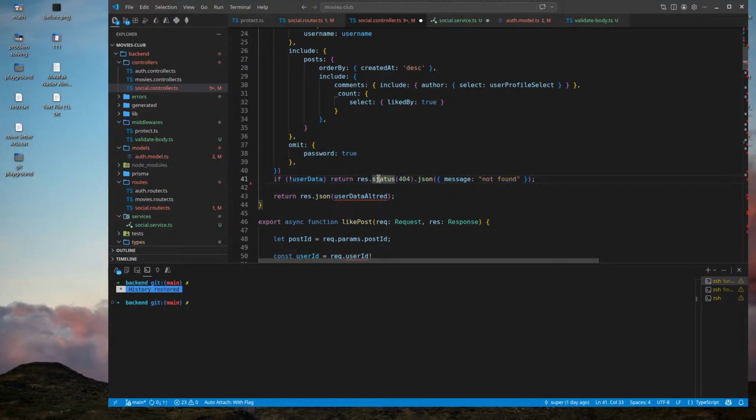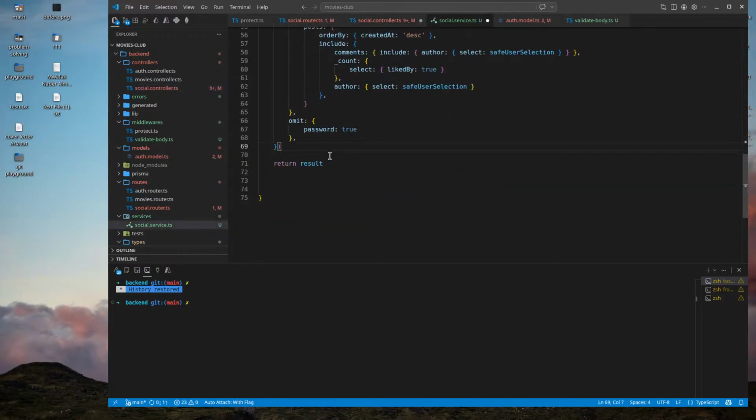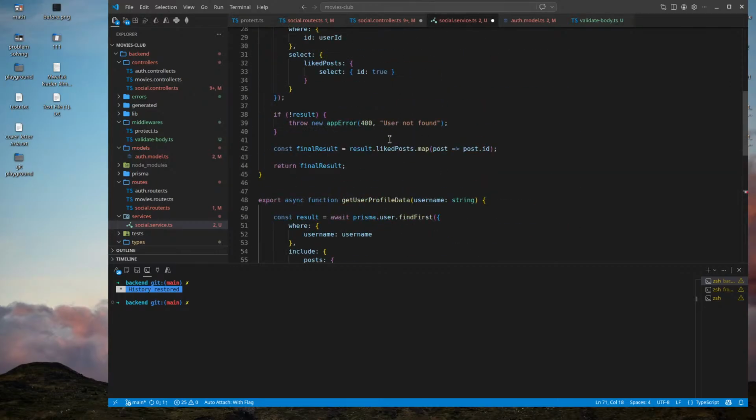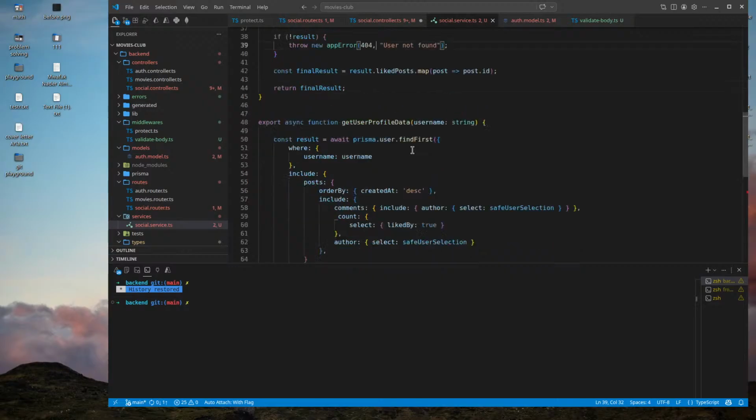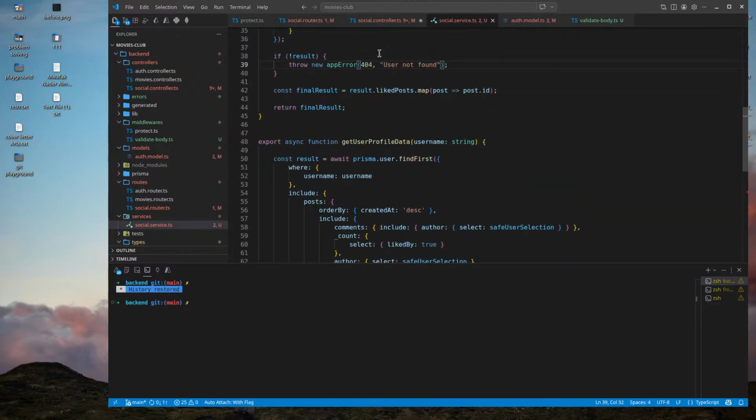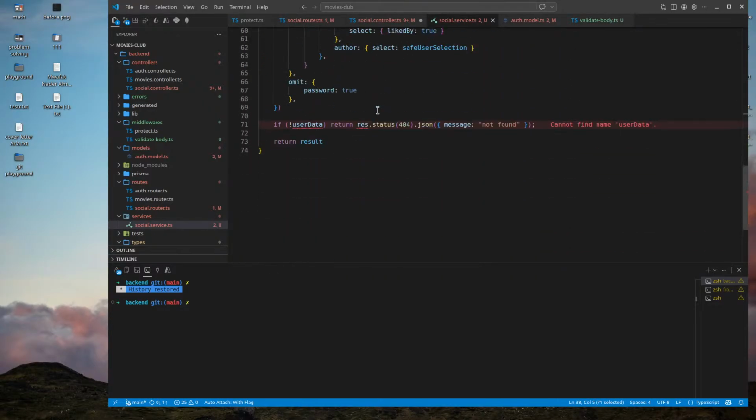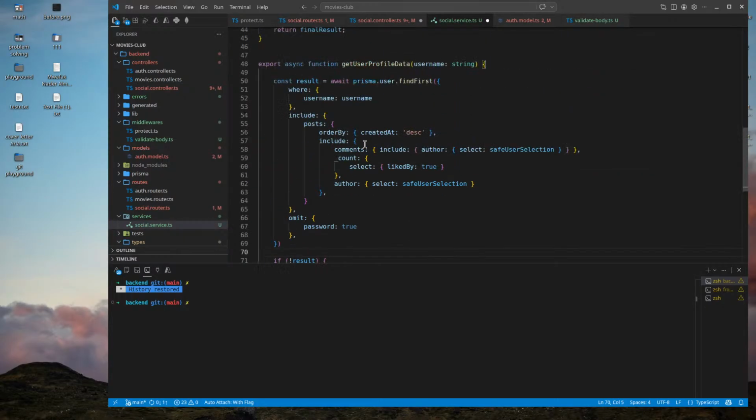If we don't get the user, like it posts 404, probably.